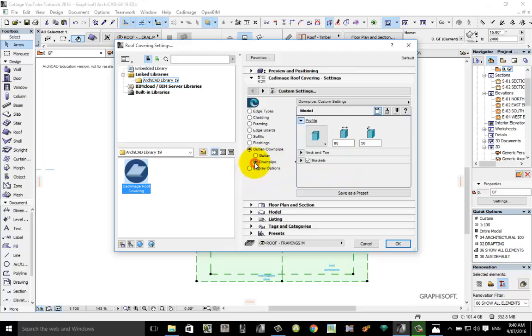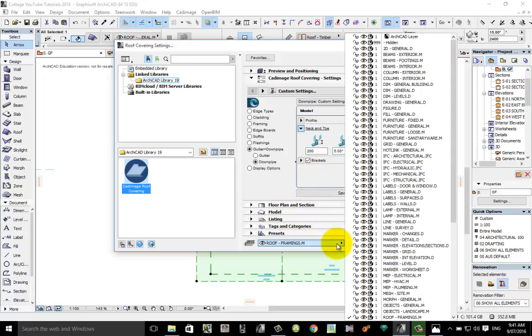And the downpipes, you've got choice here over whether you've got rectangular or circular. I'm going to go traditional rectangular, 80 by 50. And here you can control things about the neck and toe and so on, but you can just accept those defaults as well. The last thing to do is to make sure that you change the layer that the